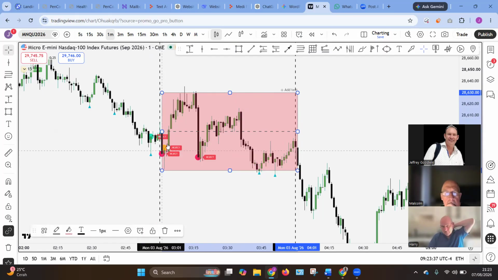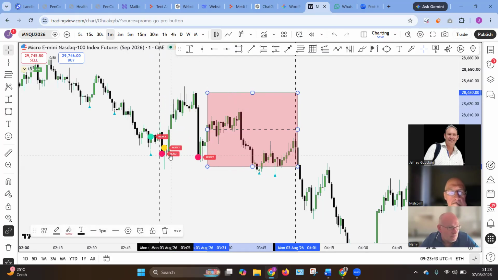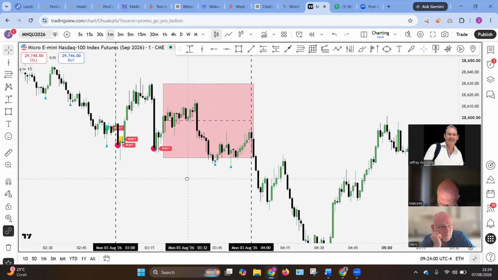Yeah, but it was rejecting the whole time. You could have taken the buys based on the rejection of this red. The way to read this, if it says red and then it rejects, you should maybe get a little bit excited because you're expecting a reversal. It doesn't say buy, it just says it's rejected from there. Why? Because it's momentum going the other way. Okay.